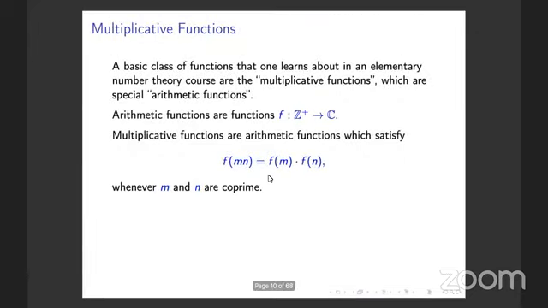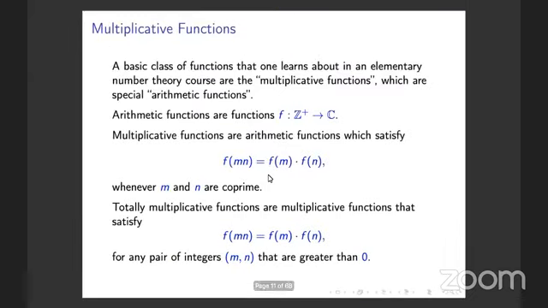And then we say that an arithmetic function is multiplicative if it respects multiplication. So f is an arithmetic function, a function from positive integers with values in the complex numbers. And if f satisfies the property that when I take two numbers which are co-prime, that is m and n have no common divisors, then f of mn becomes equal to f of m times f of n. So whether you take the value of the function after multiplication or before multiplication on two numbers which are co-prime, which do not have any common divisors, then it's called a multiplicative function.